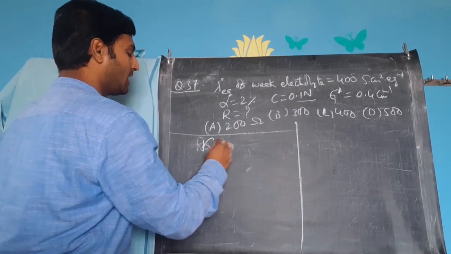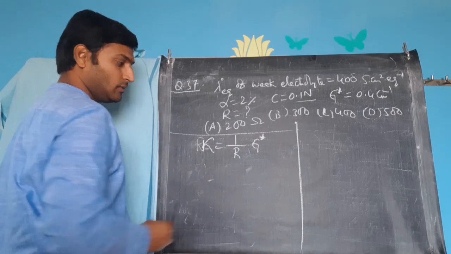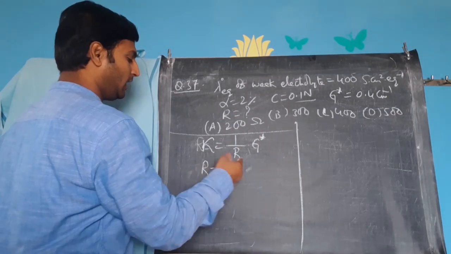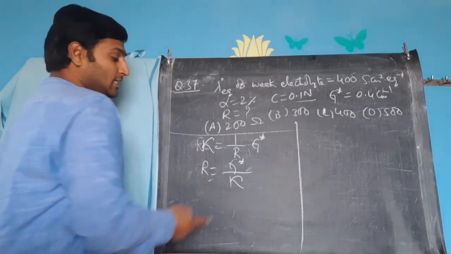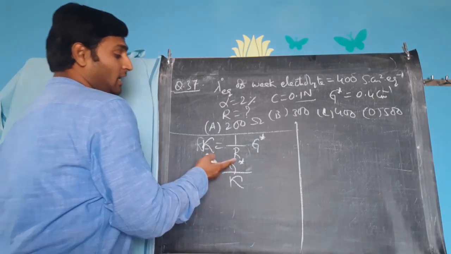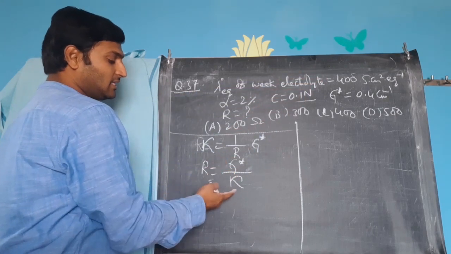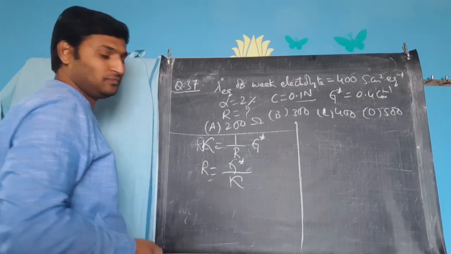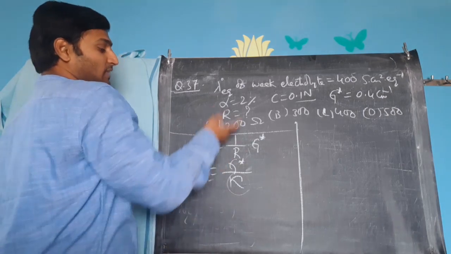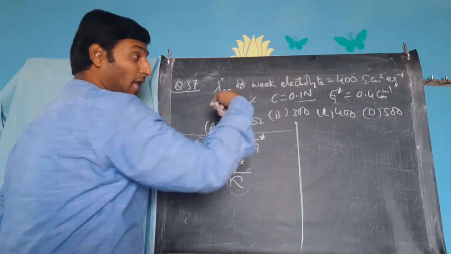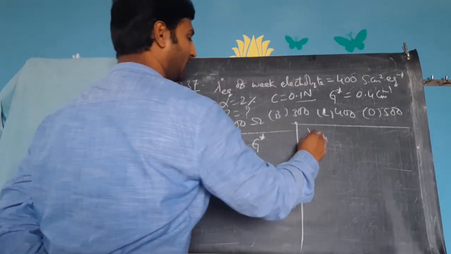You know very well, kappa is equal to 1 by R into G star, that is cell constant. Therefore, R will be equal to G star by kappa. So if you could know conductivity, G star, the cell constant, is directly given to you. Divide the cell constant by kappa, you got your answer. Now what you need is this. Now how do you get that? Here the concepts related to molar conductivity are given to you. That's why go to kappa related to molar conductivity.